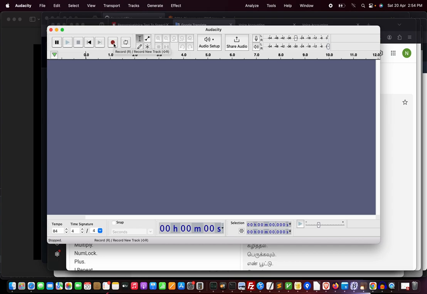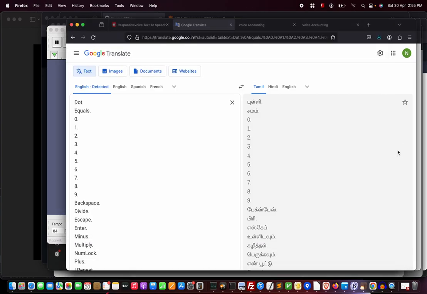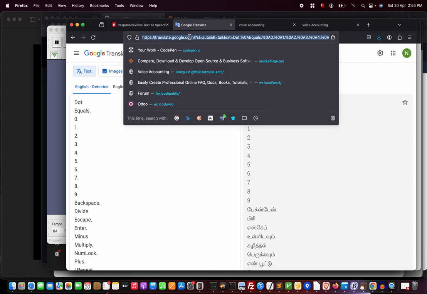Either I can record my own voice directly using a script I can read out slowly one by one, or otherwise I can use Google Translate. For this I will use Google Translate. Once Google Translate is ready, I will press the record button. So now I go to Google Translate,